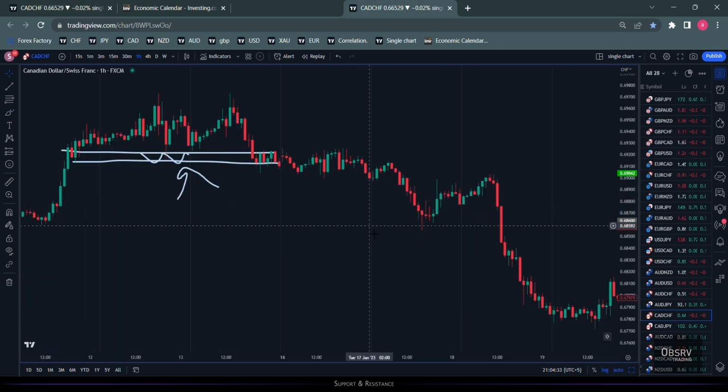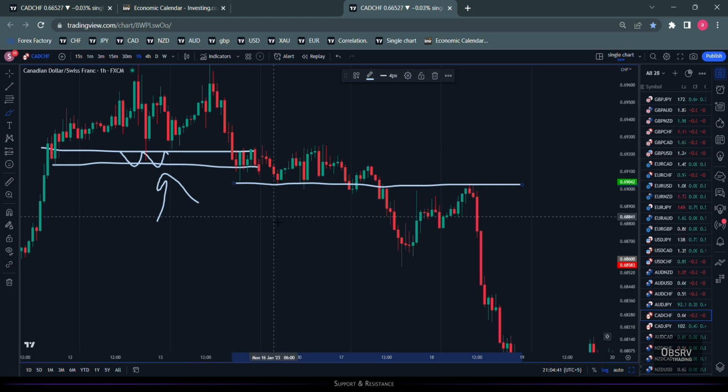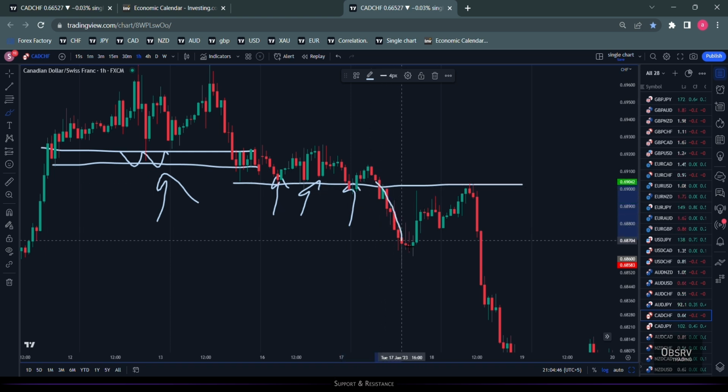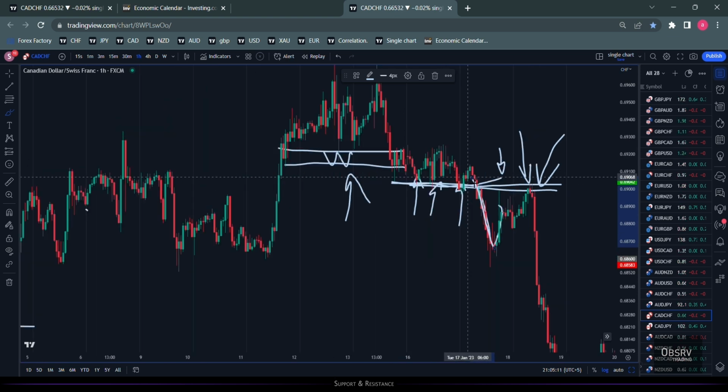Okay, let's take a look at this example here. This is the support, keeps holding. The price comes to this area, reacts once, twice, three times, breaks below, price comes back up to this area, reacts to the sell side. Now the support has changed into a resistance and the bigger sell takes over. That is a different story, but the phenomenon I'm trying to convey is that a support that breaks to the sell side is going to start acting as a resistance.